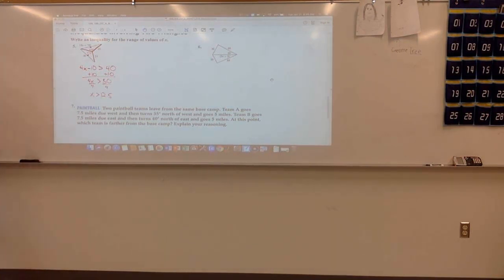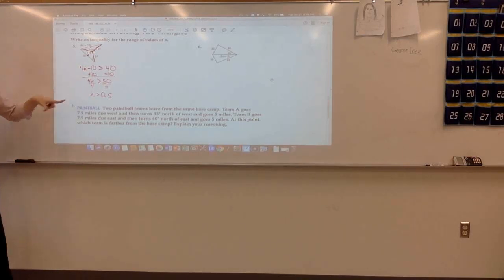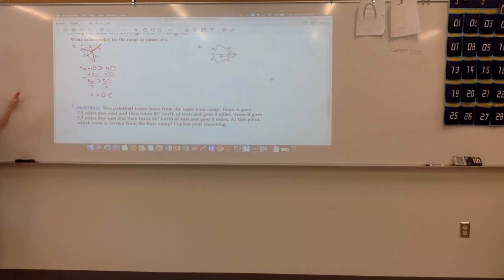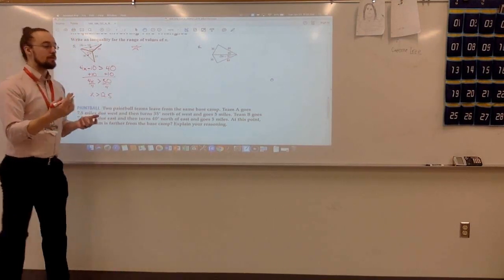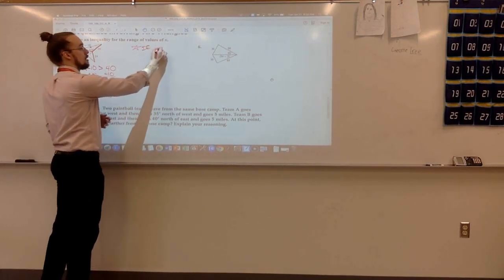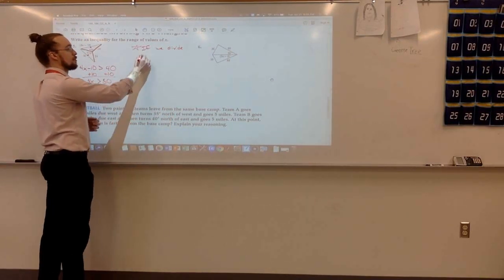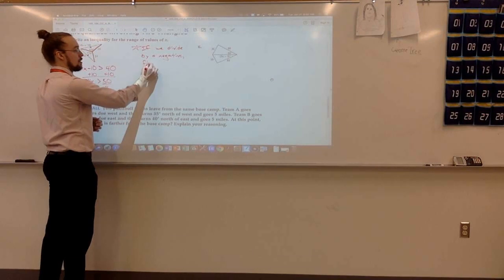All right, now, technically, yeah, that's a good point. I should point that out as well. So when we're talking about inequalities, there is one difference between solving an inequality and an equation, right? And that's if we divide by a negative value, we have to flip the inequality sign, right? So you may want to make a little note of that. And I know you guys have worked with that in algebra before. So if we divide by a negative, flip